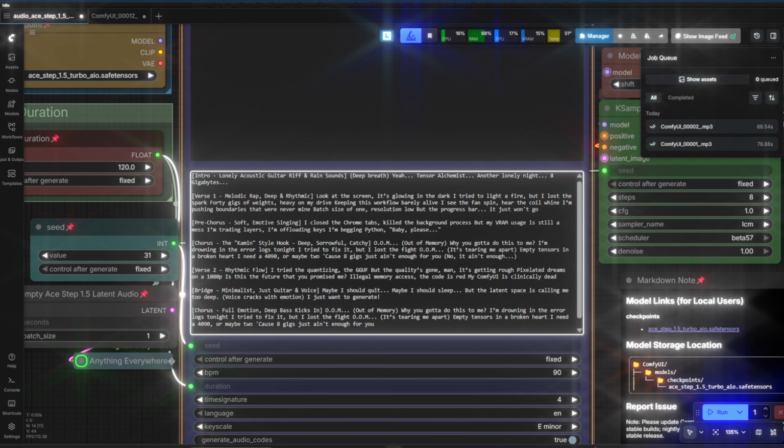I'm drowning in the error, lost tonight. I tried to fix it, but I lost the fight. It's tearing me apart. Empty tensors and a broken heart. I need a 4090 or maybe 2, cause 8 gigs just ain't enough for you. No, it ain't enough. I tried the quantizing, the GGUF, but the quality's gone, man. It's getting rough, pixelated dreams on a 1080. Is this the future that you promised me? Illegal memory access, the code is red, my ComfyUI is clearly dead.